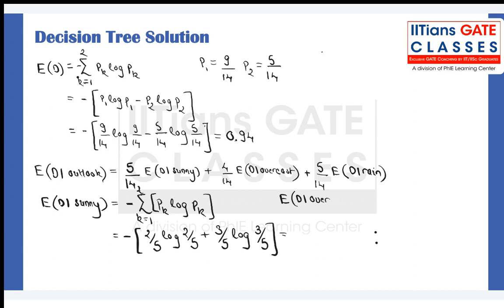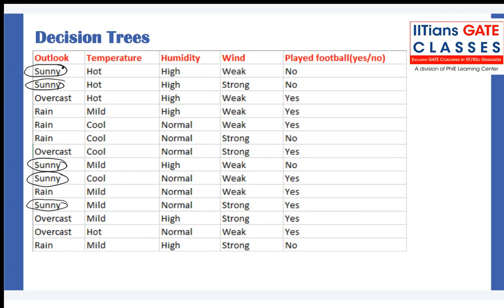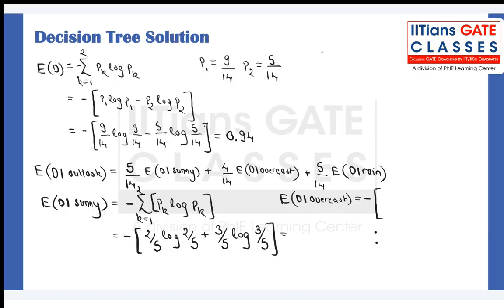Given it is overcast is nothing but negative of P1 log P1. So let's say P1 denotes the probability of yeses. Now you look at all the points where it is overcast. This is one, this is another one, and they both are yeses. So it is 1 log 1 minus 0 log 0. So log 0 is undefined, but what I can conclude from here is that the entropy of this case is 0. So if the entropy becomes 0,